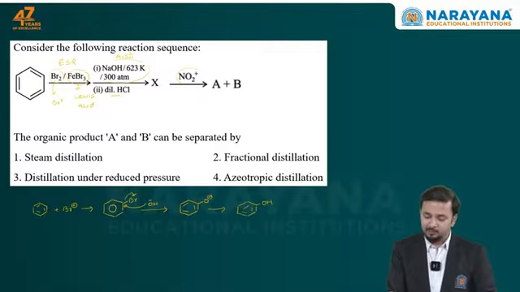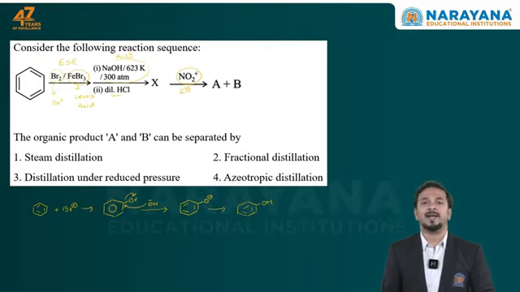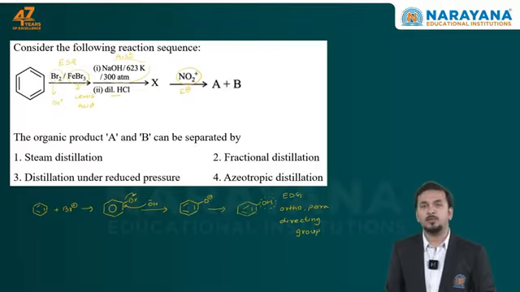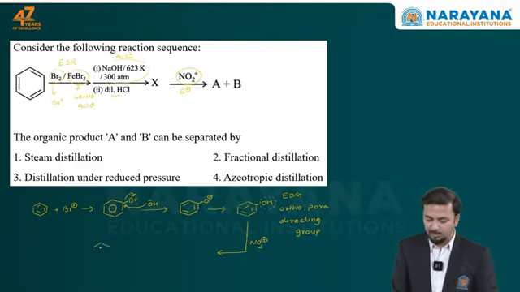After this, it is treated with NO2 plus. We know NO2 plus is an electrophile, so the electrophile will attack at an electron rich site, and this OH which is present on the benzene is an electron donating group, or we can say an ortho para directing group. Ortho para directing group means the electrophile will attack at ortho position and para position. So the product obtained after treatment of phenol with NO2 plus will be orthonitrophenol,